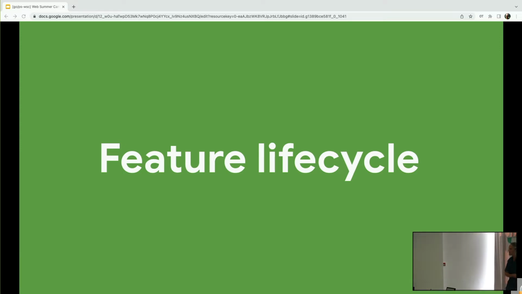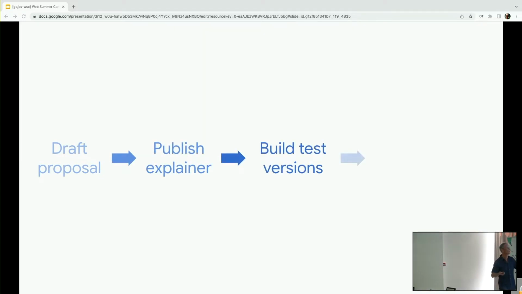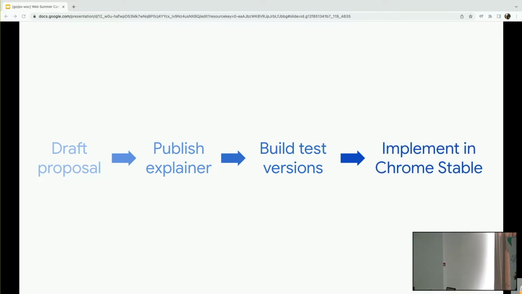So, like I said, I really wanted to talk a bit more about the feature lifecycle: how these features go from being just ideas on a page to actually being available on web platforms. So I want to go through this step by step. You can imagine, if you were thinking up some idea for the web, you'd draft a proposal, publish an explainer, build test versions, and then, great, you'd get it implemented in Chrome Stable, which would be fantastic.